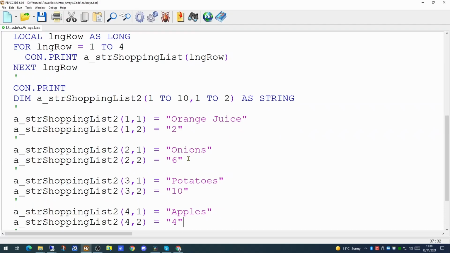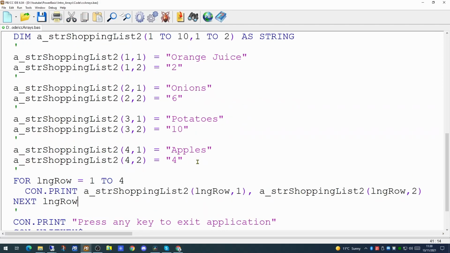So we can quite easily put the remainder of our shopping list items into this array, with the first element of the array being the row number and the second element being the column number. So we populated all 4 items with their quantities. So we can print out the detail in that array by using the same for next loop.